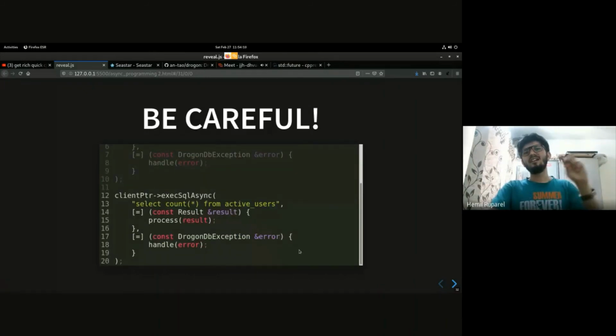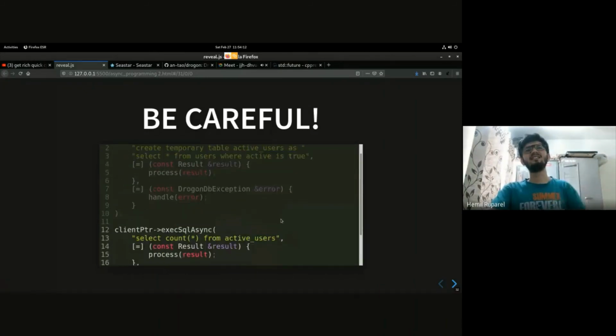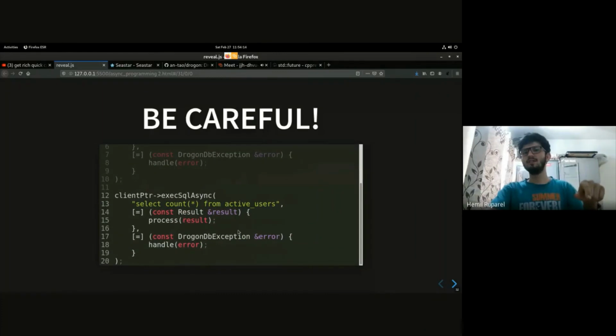Now, Rogon makes no guarantees that this will execute before this. So you might get random errors in your error callback because the temporary table might not always be there. So you need to be extremely careful with asynchronous programming.